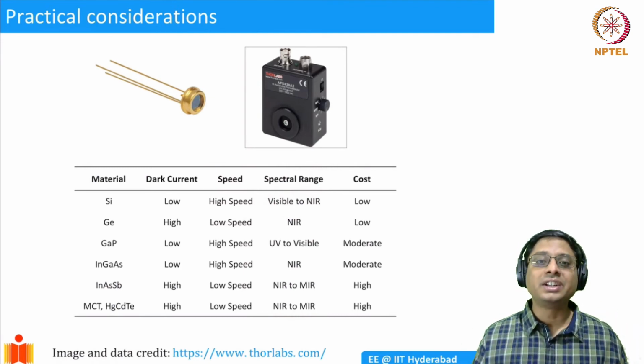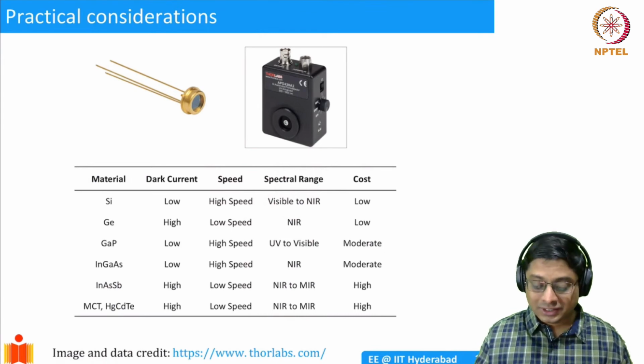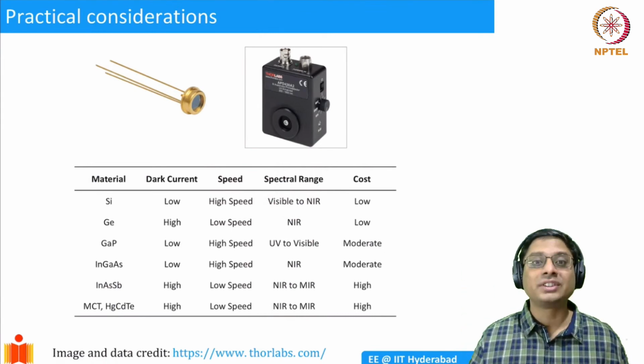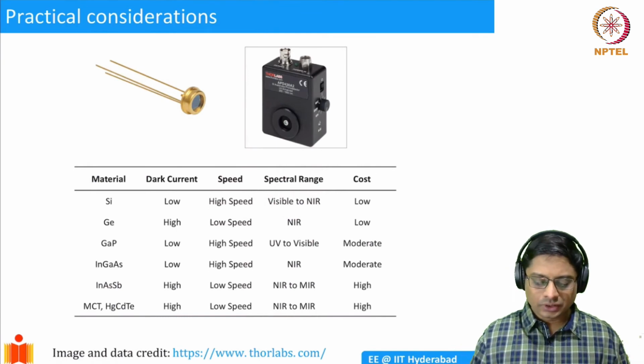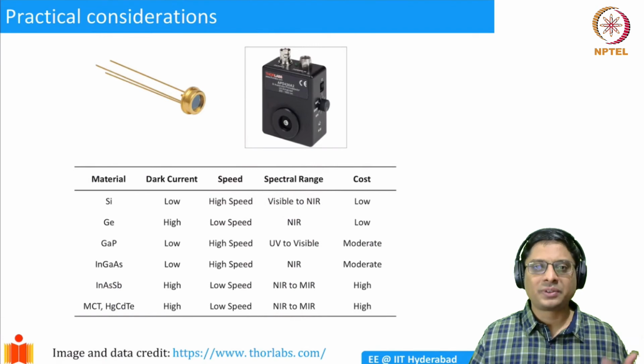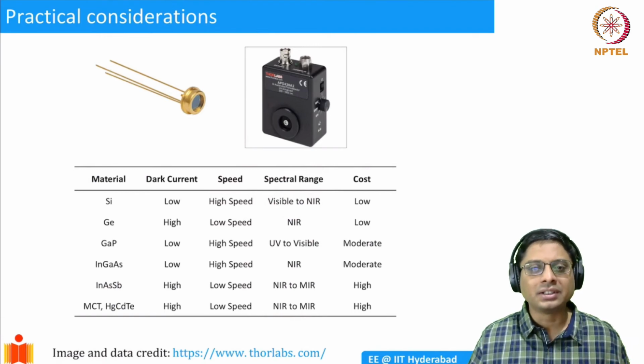So that's how you can quickly screen. For example, in airports and railway stations, you can have thermal imagers, which will work in the long wavelength IR. I'm not even discussing those things here, and those are pretty expensive actually. Okay. So the spectral range over which the detector operates is an important parameter.